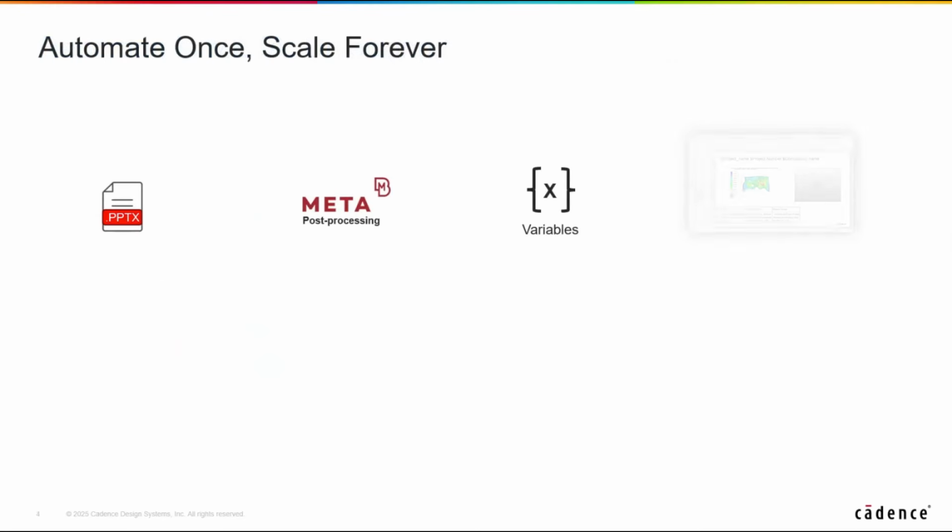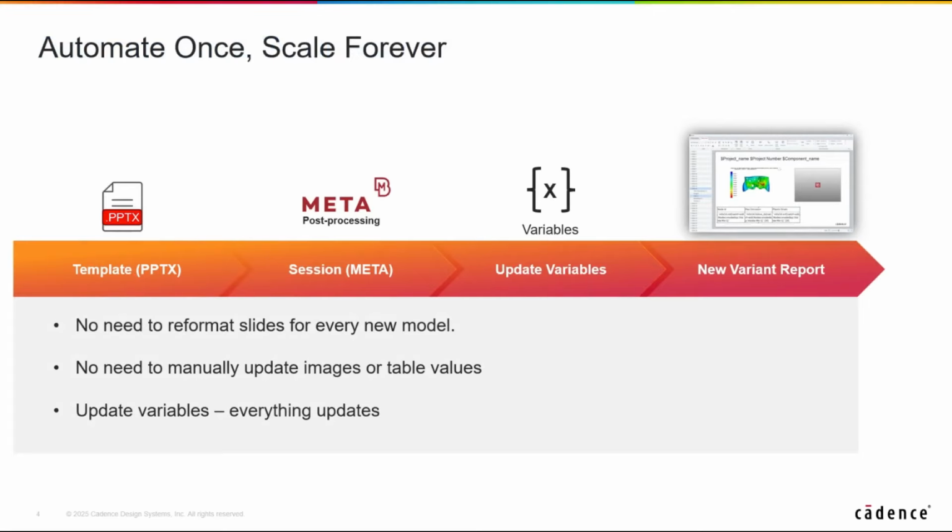The key concept here is that the report is not static. It is a dynamic template. By simply changing the input data, whether it is a new variant or a different configuration, the report updates automatically. This is where the real power comes in. We are not duplicating sessions, we are not building new slides. We use the same session, the same template, and just update variables. This means I can go from variant A to variant Z with little work, and all reports are consistent and ready to deliver.